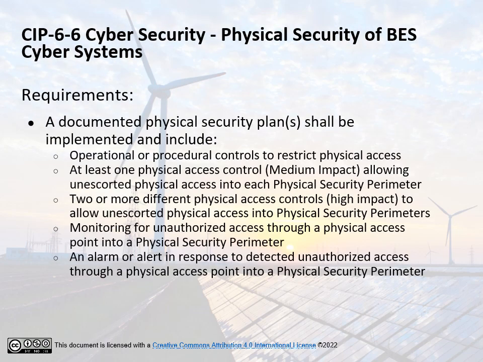CIP 6-6 Physical Security of BES Cyber Systems. Requirements: a documented physical security plan or plans shall be implemented and include operational or procedural controls to restrict physical access, at least one physical access control for medium impact, allowing unescorted physical access into each physical security perimeter to those who have authorized unescorted physical access, two or more different physical access controls for high impact, to allow unescorted physical access into physical security perimeters to those who have authorized unescorted physical access, monitoring for unauthorized access through a